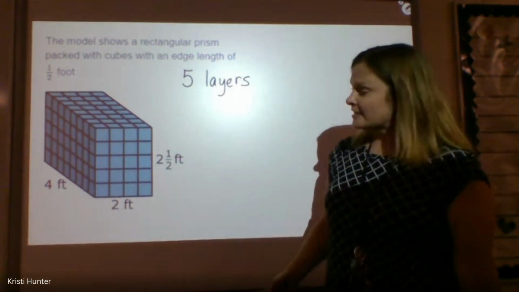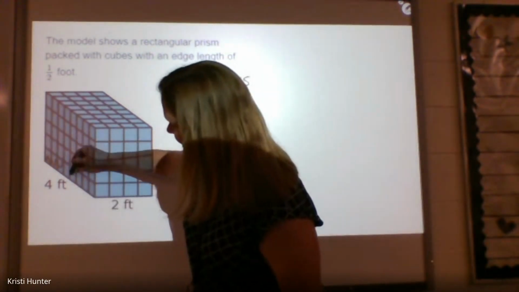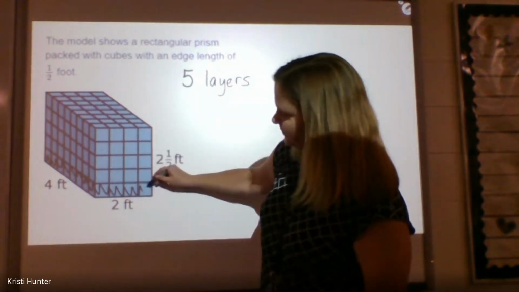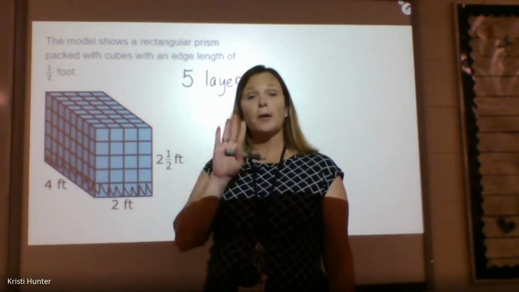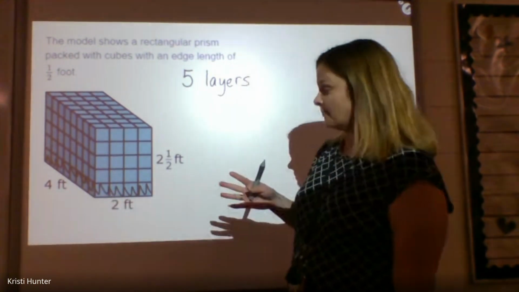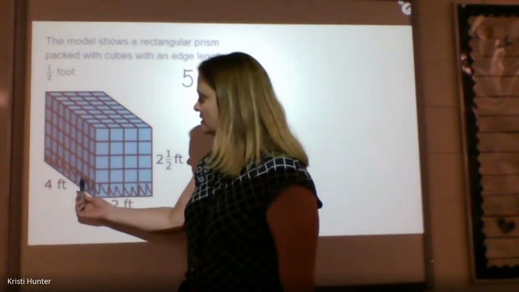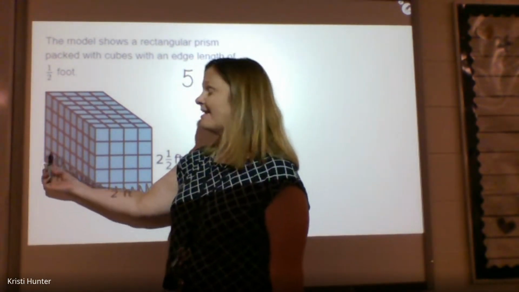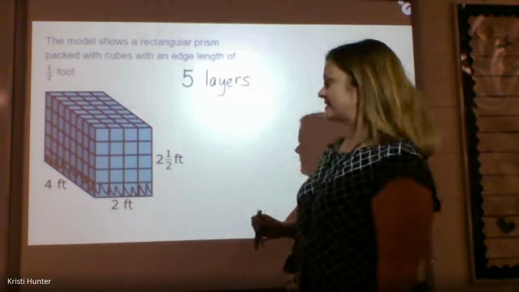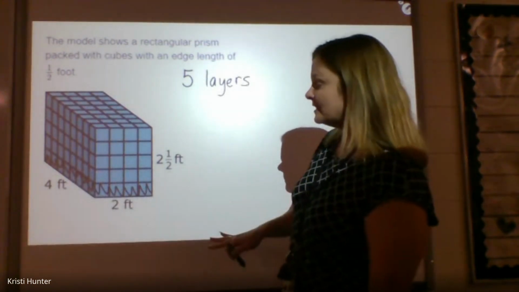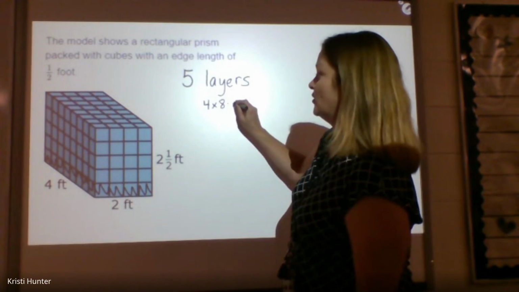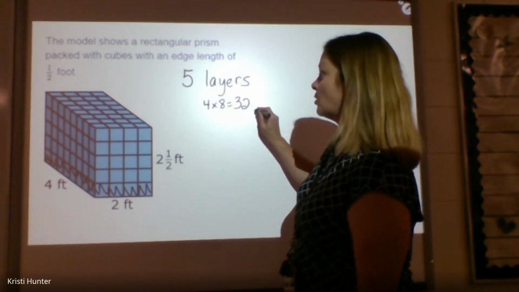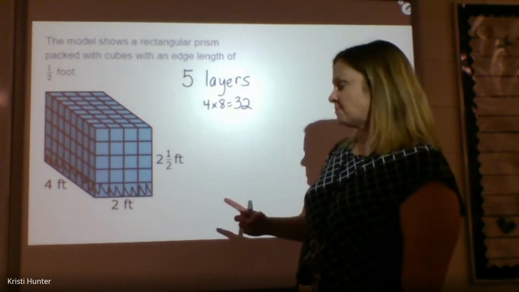Now, when I look at this entire bottom layer that's here, I notice that there are 1, 2, 3, 4 blocks across the bottom, and 1, 2, 3, 4, 5, 6, 7, 8 blocks up the side. So the bottom layer is a 4 by 8, which is 32 total blocks, which means